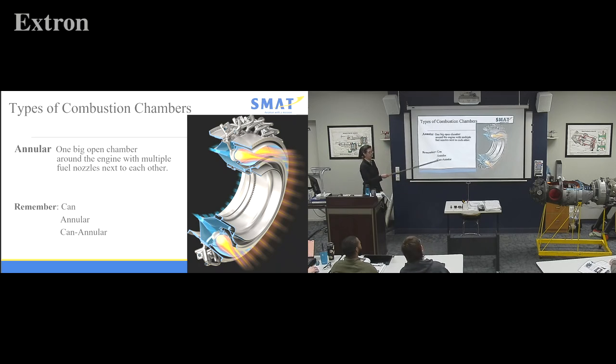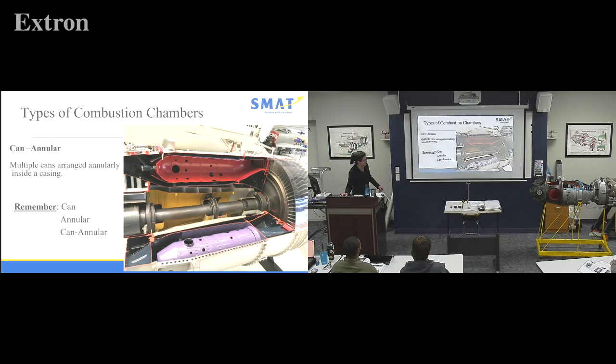And again, don't forget the 3 types. And now, can-annular, we have multiple cans, but instead of being kind of self-contained,